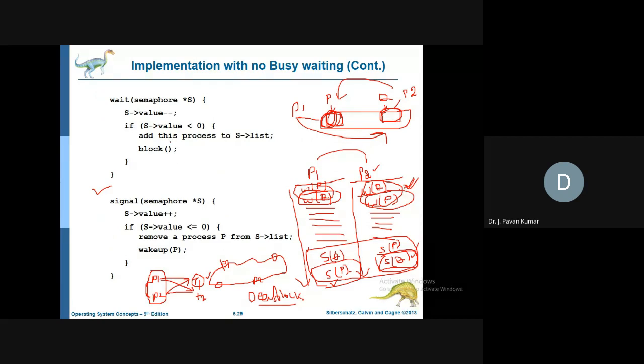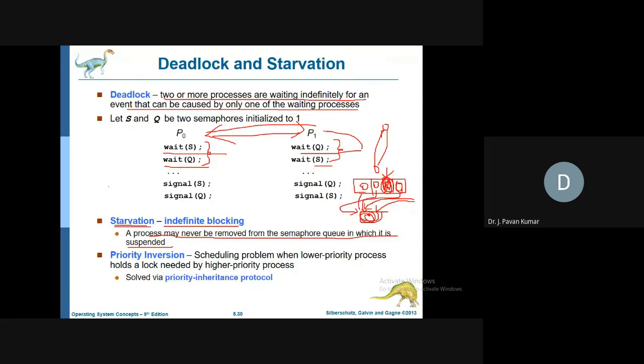Like we'll be having a blocked queue and all. In that, let us assume we are having priorities for each and every process. Let us assume there exists one critical section. Based upon the priority, we will be allowing into the critical section. Initially, let us assume we are having low, middle, high, like this. We are having several levels of priority.